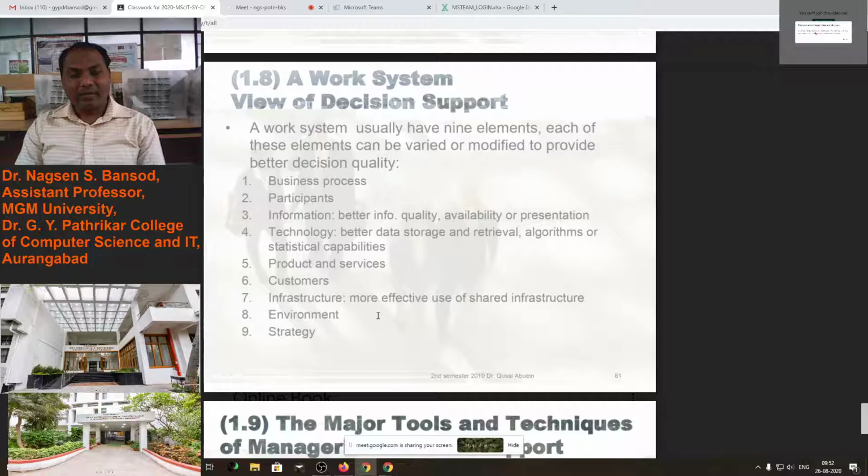There are 9 elements for better decision support system: business process, participants, information, better information quality available or presentation, technology, better data storage and retrieval, algorithm or statistical capabilities.